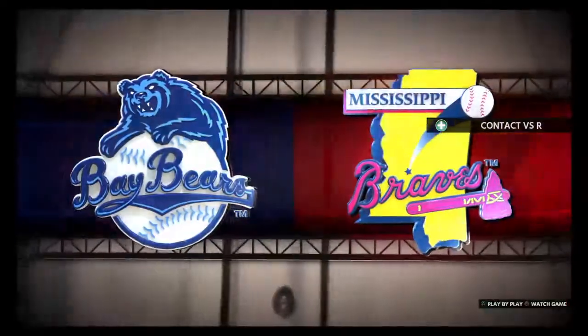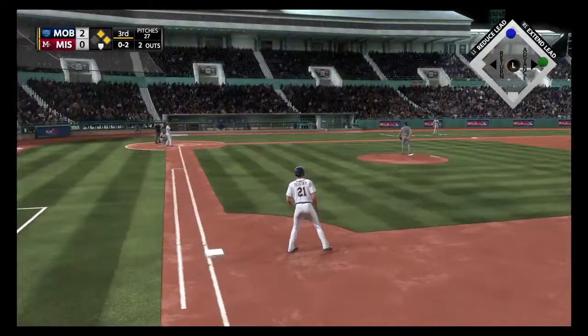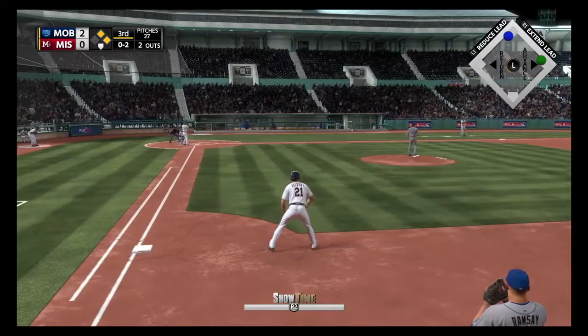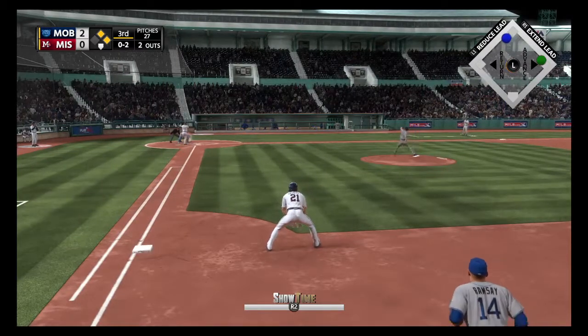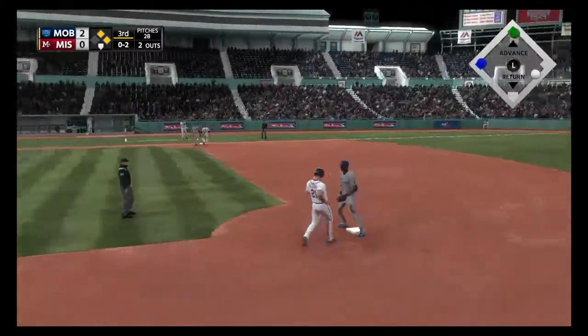I used to say all the time it's about 150 ABs to 200 ABs where you start figuring out what type of season you're going to have. He's obviously in May, and he's on fire. D-Row, he's been locked in from day one of this season. It's continuing right now. Anything that is around the strike zone, he feels he...